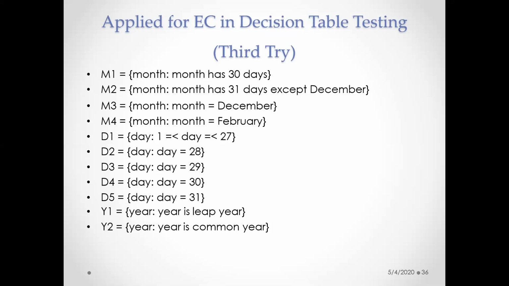Whereas with respect to years, I'm taking it as 2 groups, because 2000 comes under the leap year itself. Whether it is a century year or a non-century year, it is decided with respect to leap year. So one is a leap year, and the other is a common year. Depending on this, we are deciding the particular entries that we want to make.